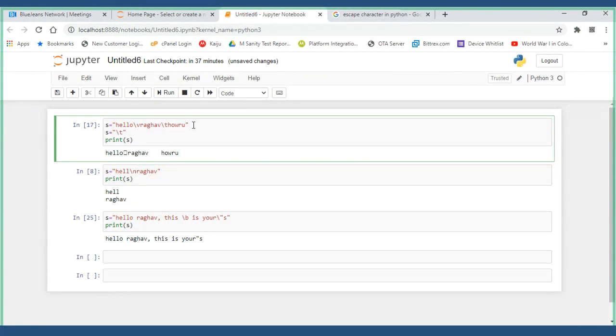Slash t, slash n, and escape. I mean a single quote, or you can have a double quote, or you can have escaping this as well.